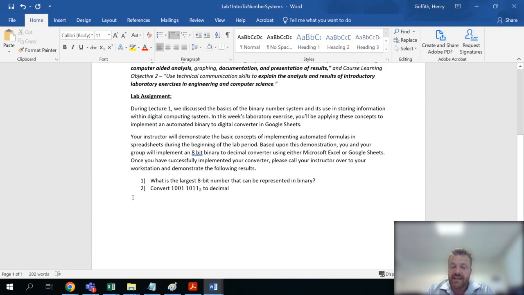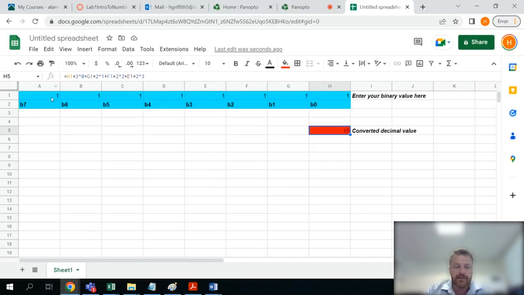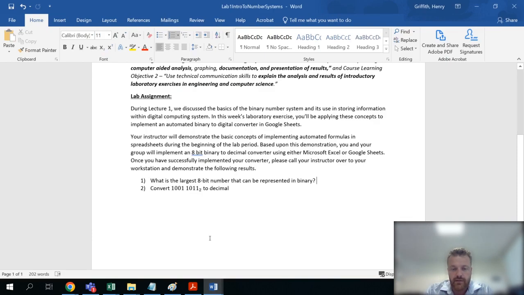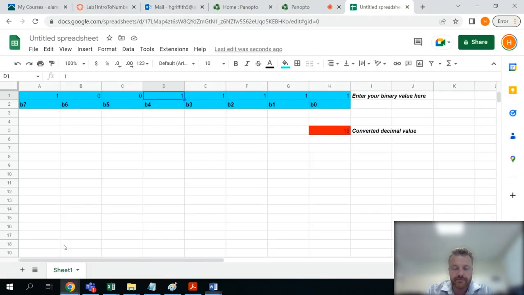And then the second thing you want to do is convert this binary number to decimal. In order to convert 1001 1011 to decimal, you'll just go in, take all of these values, and set them equal to the number you're trying to convert, which is 1001, I have that correctly, and then 1011. So going back to my sheet here, I need to make 1001 1011. So mine updated a little bit. That is not the correct answer, but you want to have the bits set in this way, and then just read out that